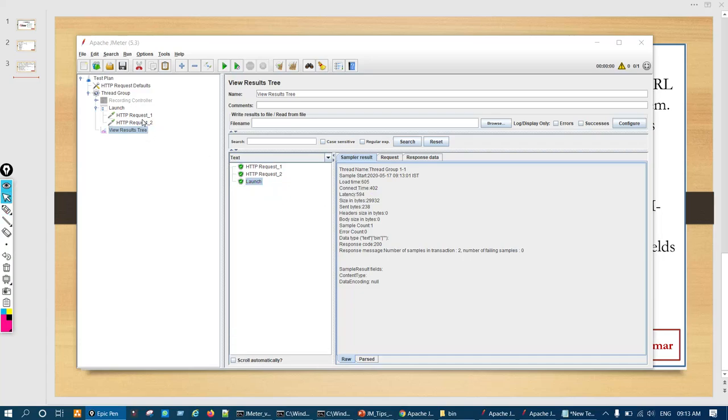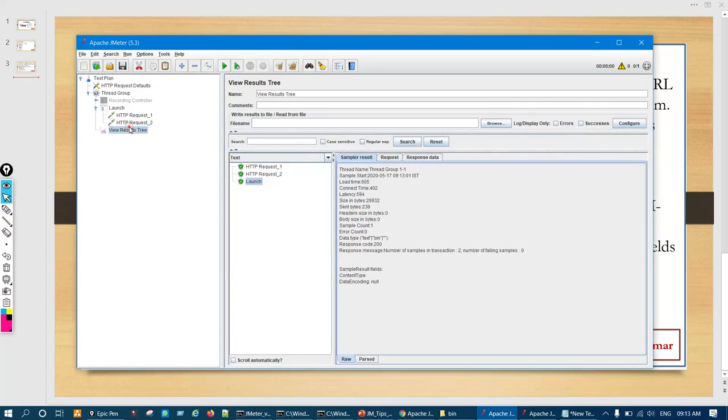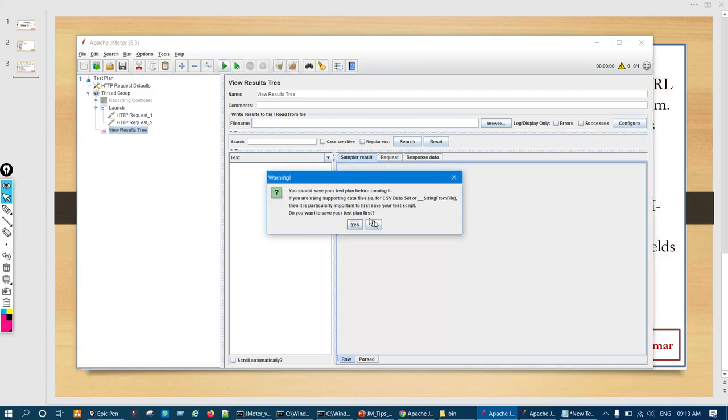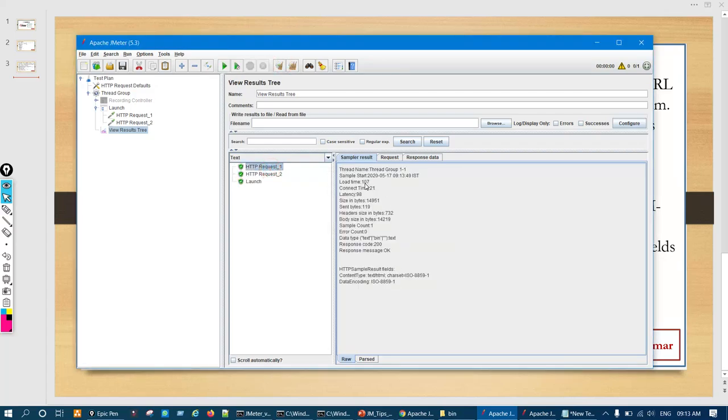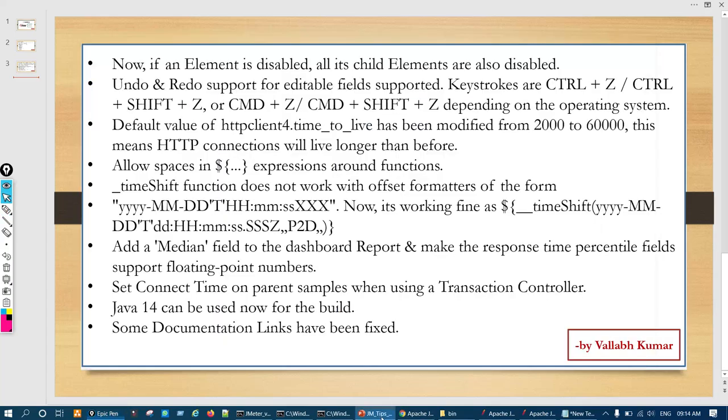If I change it to co.in and execute, here it's 21 and here it's 106, so the total is 127. It's coming correct. They have fixed this issue as well, which is also a major fix.